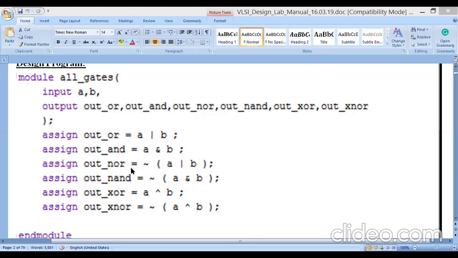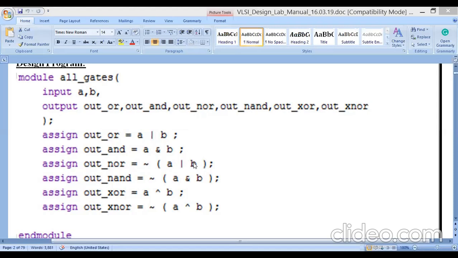After completing this operation, the next signal is assign out_nor equal to, see here, NOR means not of OR, so this is called negation: bracket A or B bracket close semicolon. First it will perform A or B and then negation, so it will give the NOR operation.